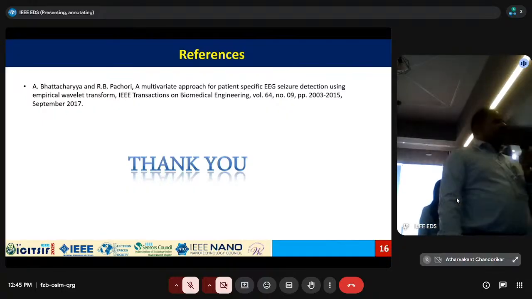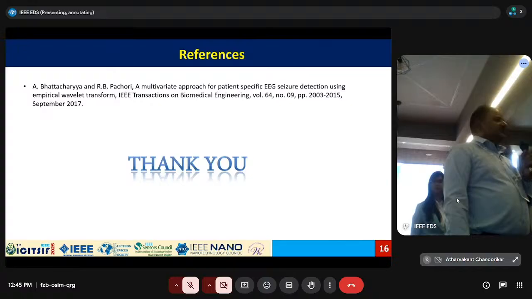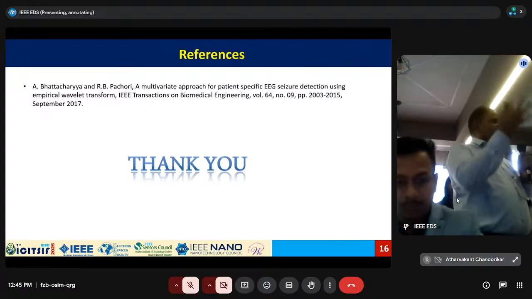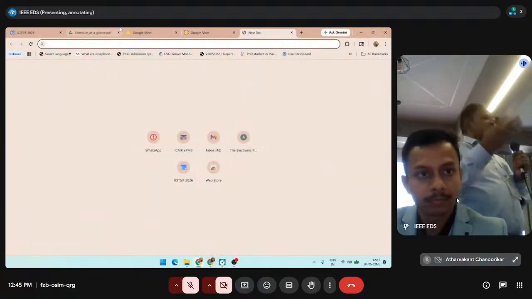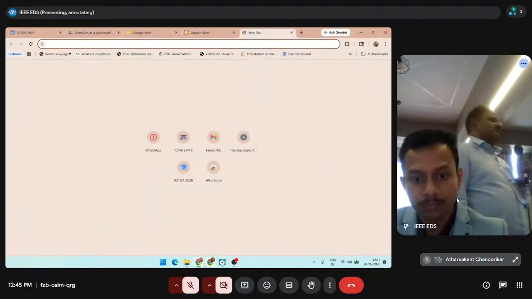Computational complexity will increase a little bit because we are taking all channels together, but at the cost of computational complexity,